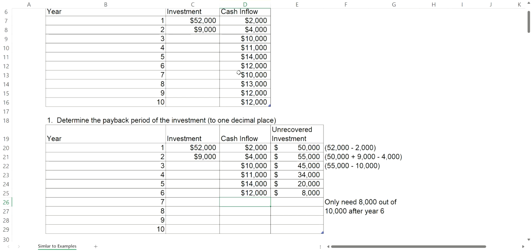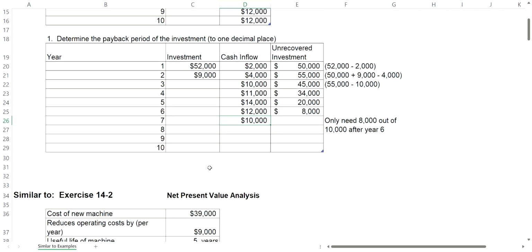Okay, now when you get down to year seven, cash inflows are expected to be $10,000, but you only need to recover $8,000. So of the $10,000 you expect to have coming in year seven, you only need $8,000 of it to recover your investment. So I put to the side, you only need 8 out of 10,000 from that year seven amount. So therefore, the recovery payback period is 6 years